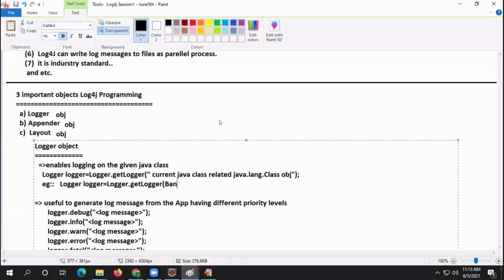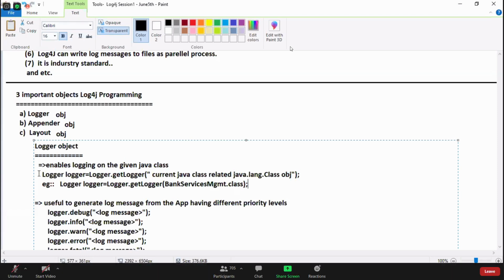Then what? BankServicesManagement dot class. I am passing the dot class file. I am passing an object of java dot lang dot Class. Not double quotes, my dear. Single quote, no quotes are required. It is an object of java dot lang dot Class holding the BankServicesManagement class, right?